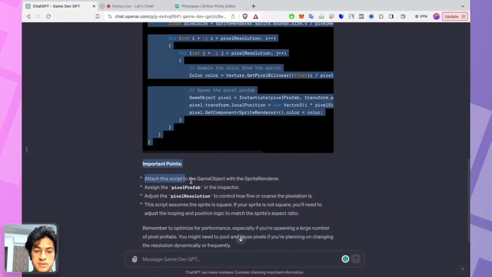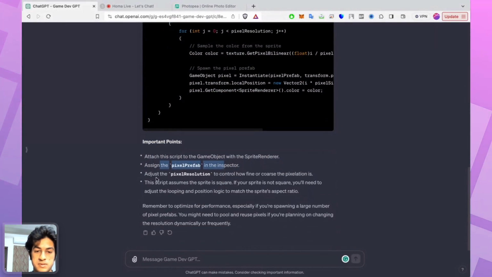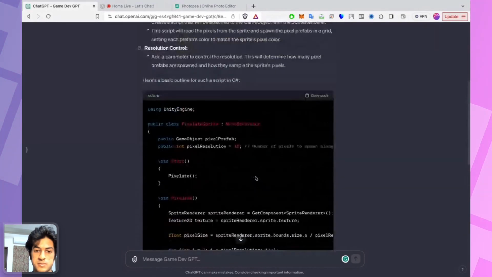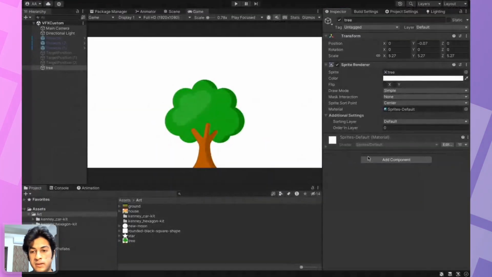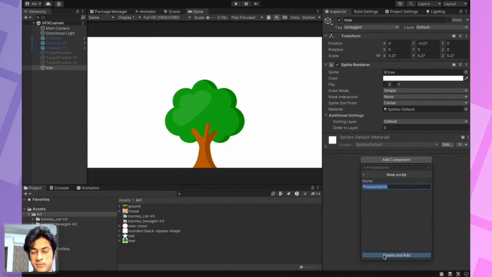So attach the script. We have some instructions. Okay, let's copy the script, add it into Unity, pixelate sprite, and we have it here.